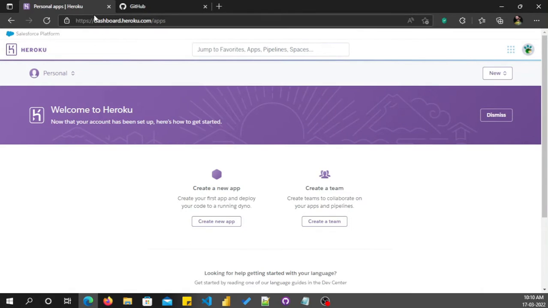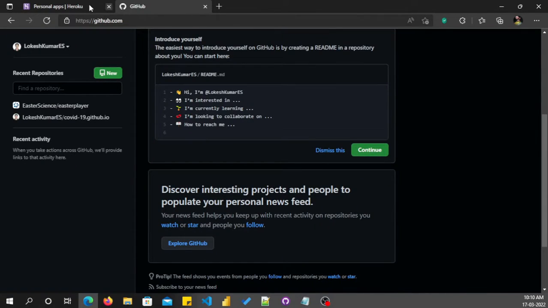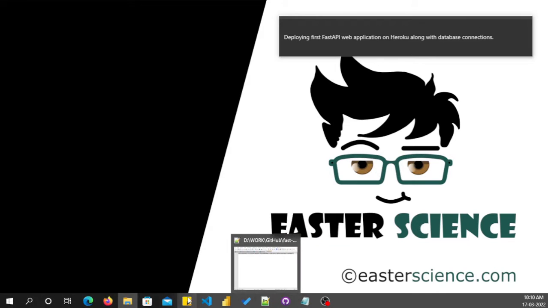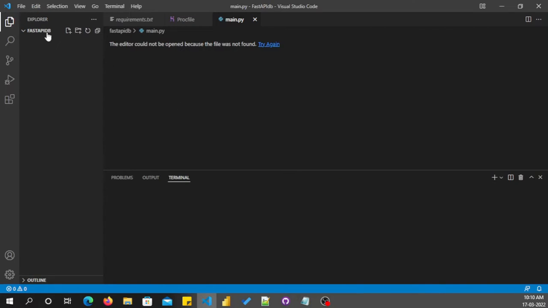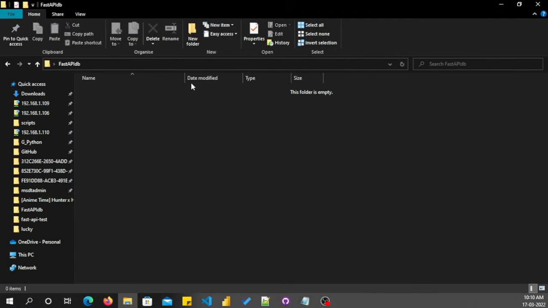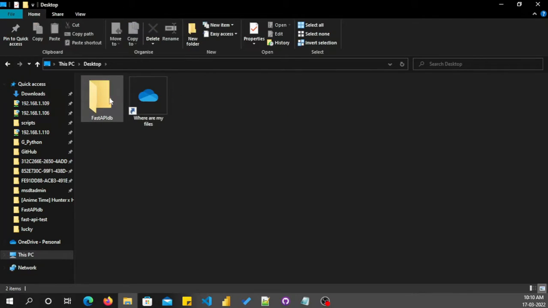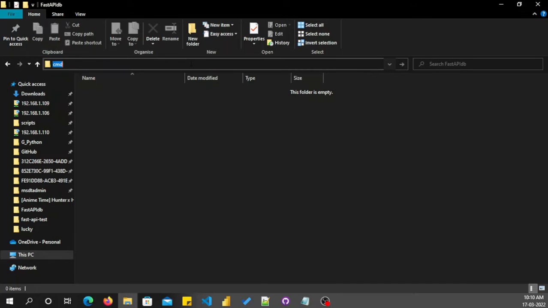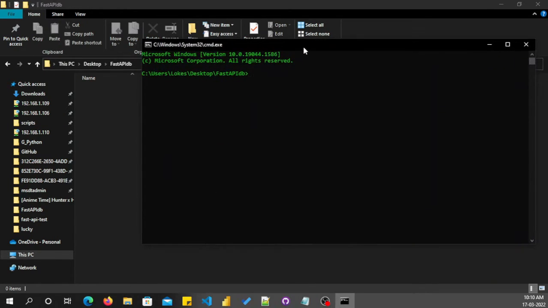So this is our site, okay, and this is our GitHub. So at first I'm opening my IDE, and this is a folder which is present on my desktop, so I'm opening it. As you can see, it is present on desktop. Yeah, now hit cmd and enter. We will get this cmd prompt, and here this is our